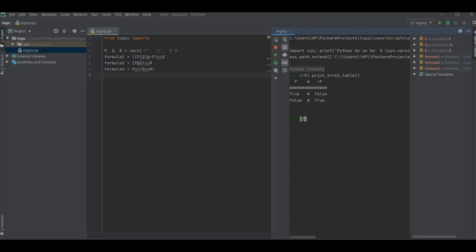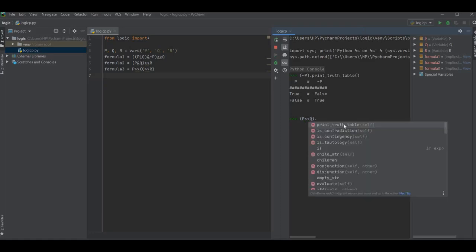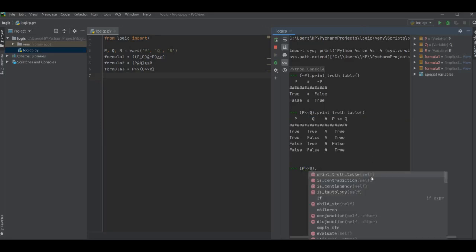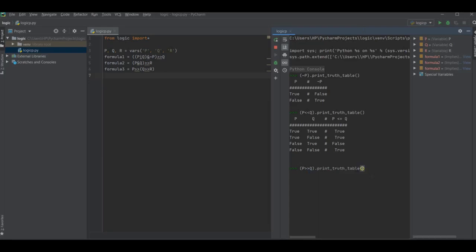Say P implied by Q, and also for P implies Q, and last for P or Q.